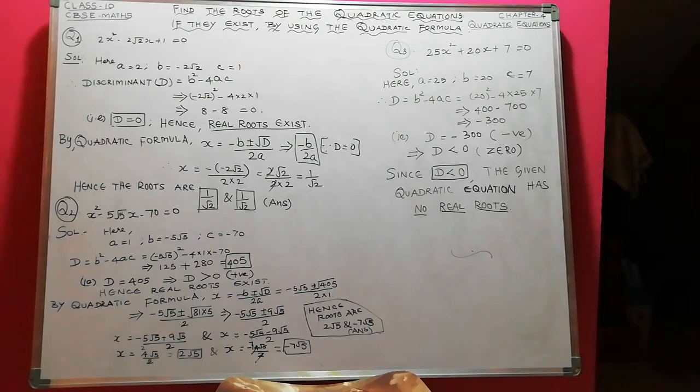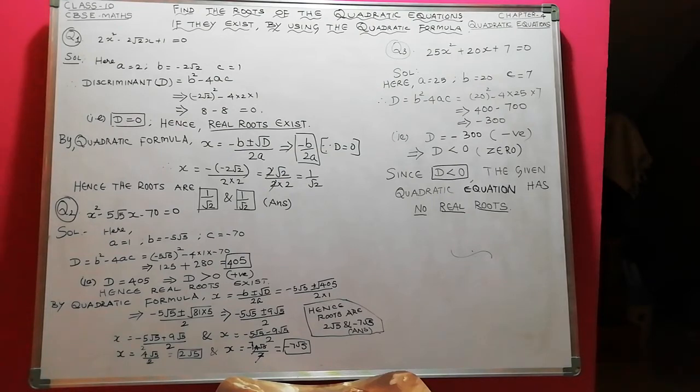Now let us substitute the values of a, b, c in the expression b squared minus 4ac. b squared is minus 2 root 2 the whole squared, and a is 2 and c is 1. Now minus 2 root 2 squared is minus 2 squared, negative into negative, positive 4. Root 2 squared is 2, that is 4 into 2, 8. And minus 4 into 2 into 1 gives you 8. 8 minus 8 is 0. So D has become 0.